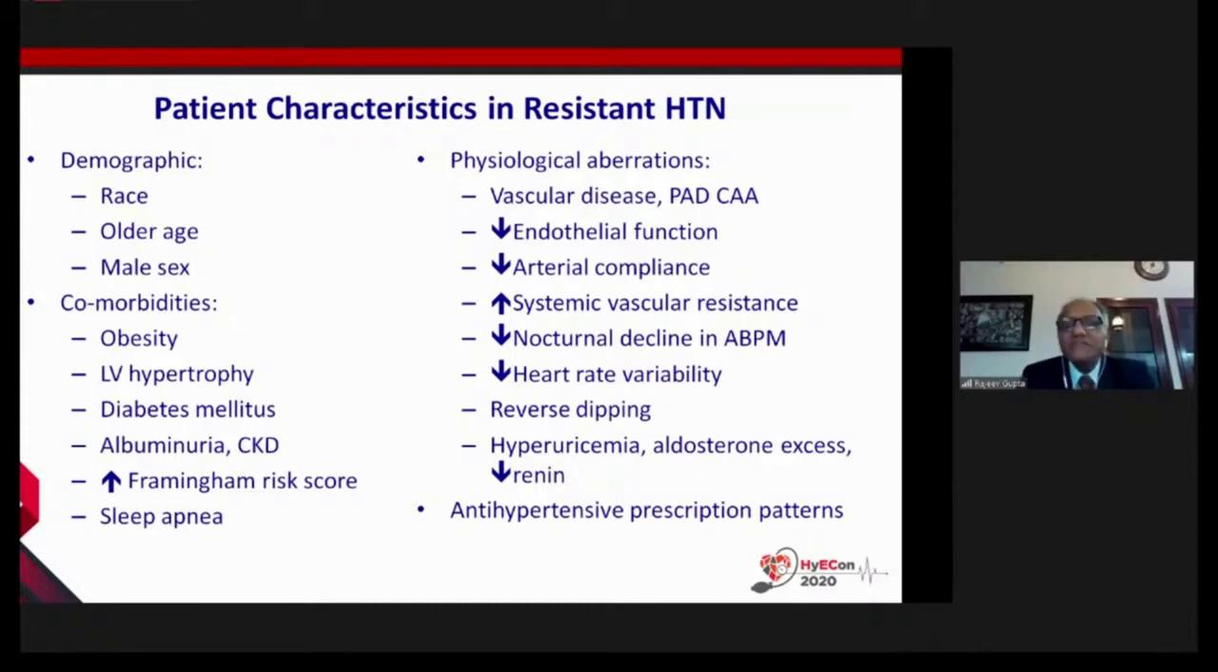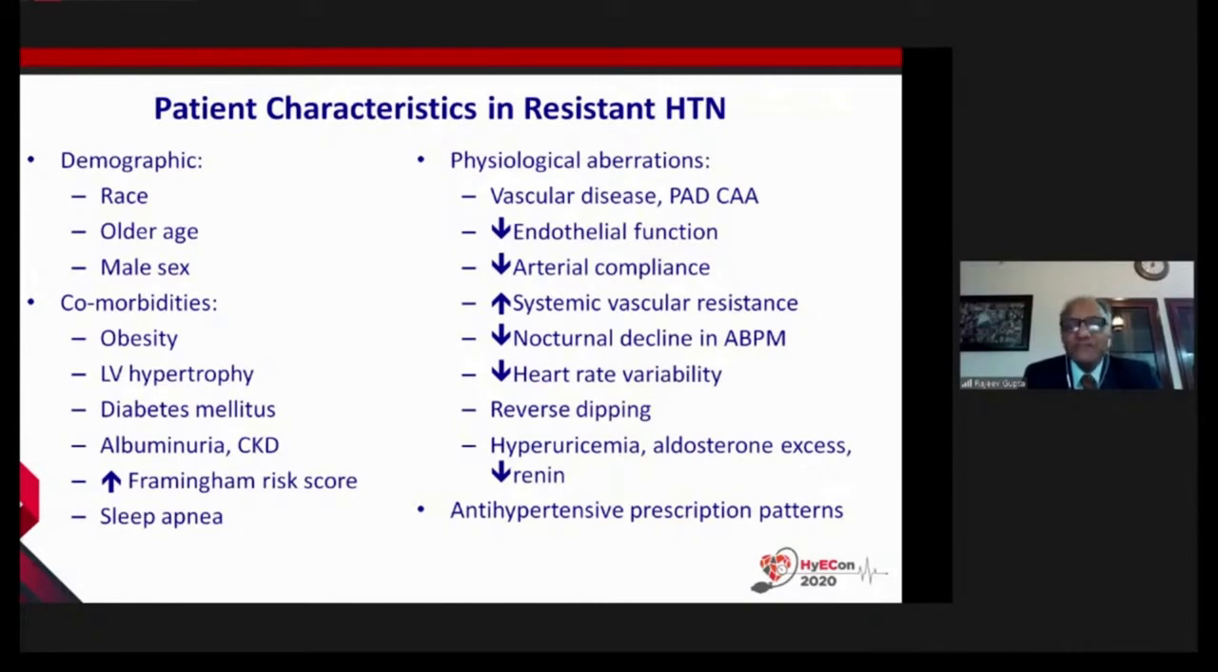Older age and male sex are again risk factors. If you have comorbidities like obesity, left ventricular hypertrophy, diabetes, albuminuria, chronic kidney disease, high risk score, and sleep apnea, again these are risk factors. And even in people with uncontrolled high blood pressure,